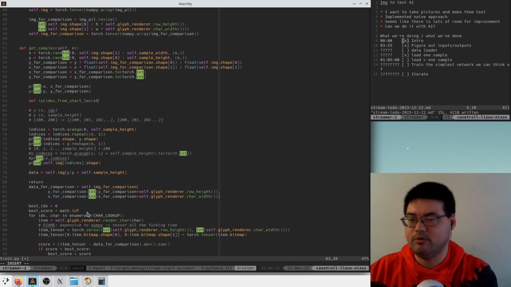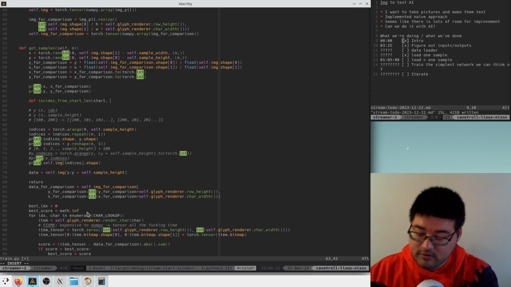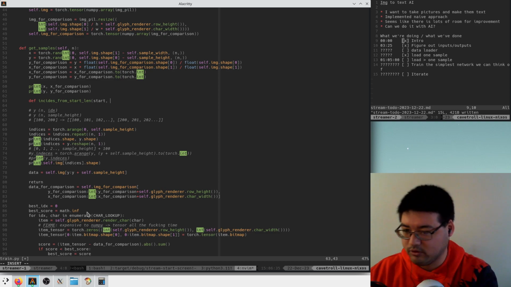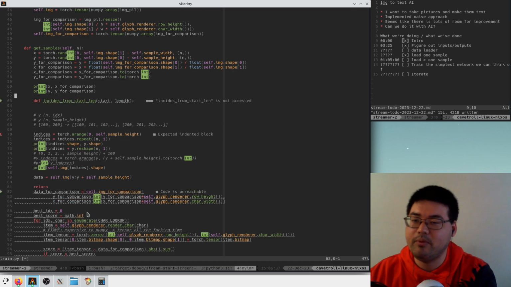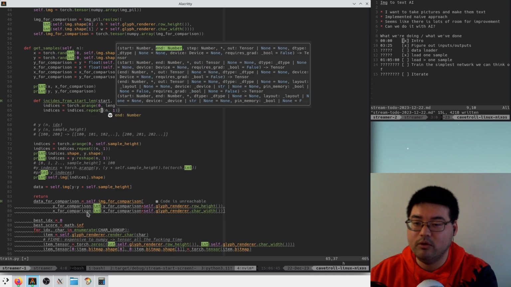Yeah, there we go. So then we pass in start, which is going to be like the left-hand side or top side of our thing, and the length is going to be like either the width or the height. And then we can just do what we did where we arange from 0 to the length, and then we repeat those,